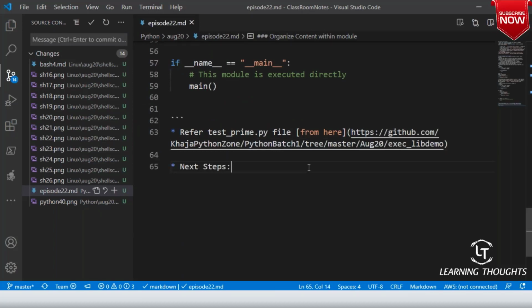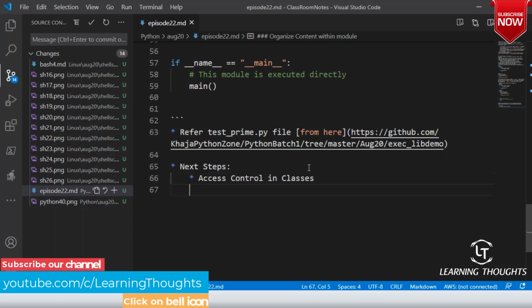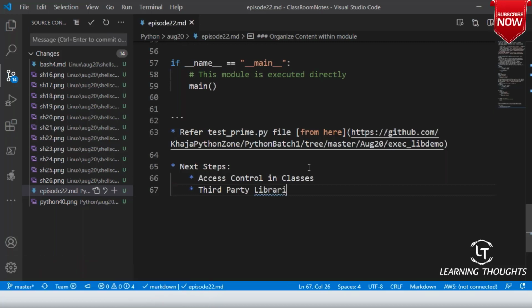Next steps: access control in classes. Am I clear on this, sir? And then we will try to understand third party libraries also. These will be our next class's topics.